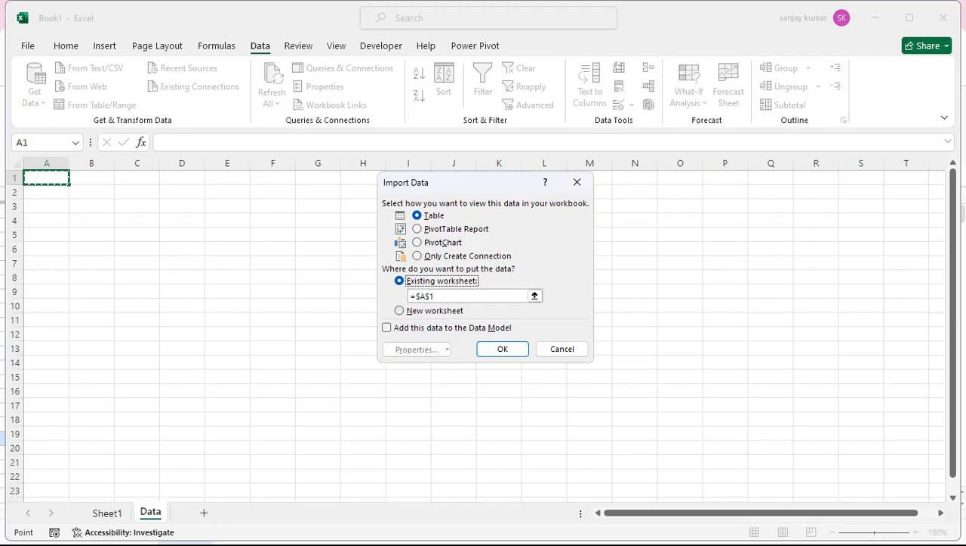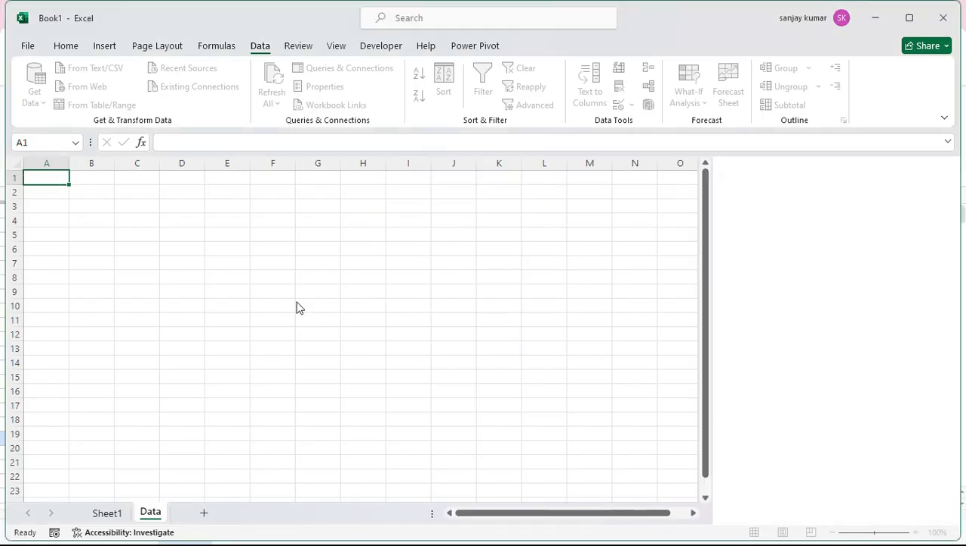So now I have selected this one. As you can see, if I select anywhere else, this value is getting changed. I don't want to update this data anywhere else in the sheet. I want to update it here in the A1 cell. Okay, so I'll simply click on the OK button,